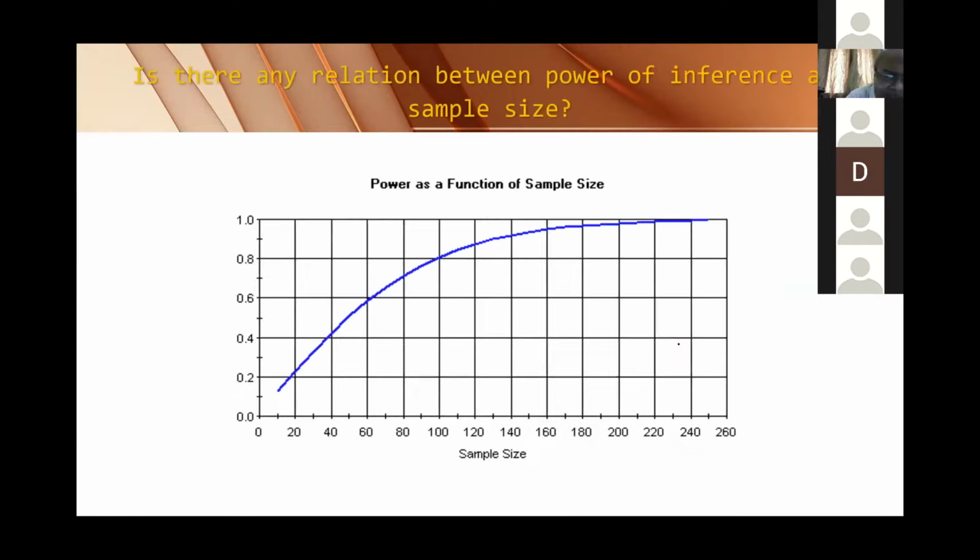So you can see as the sample size increases, the power of the test is increasing. But there is a caution in it. You cannot go for a very large sample, say 10,000, 1 lakh, 10 lakhs. If you go for such a bigger and bigger sample size, then you will not get that commensurate advantage of increase in power, because as sample size increases, power of course increases, but increases at a decreasing rate.